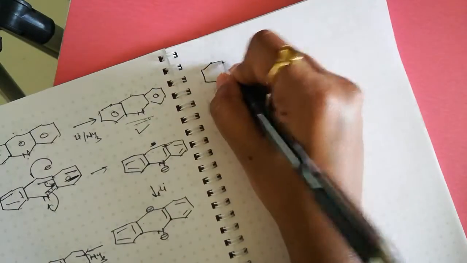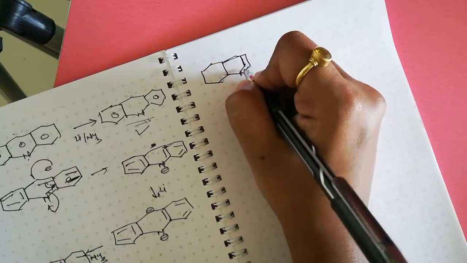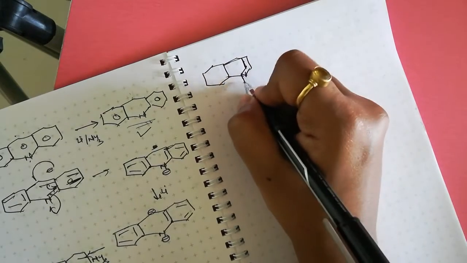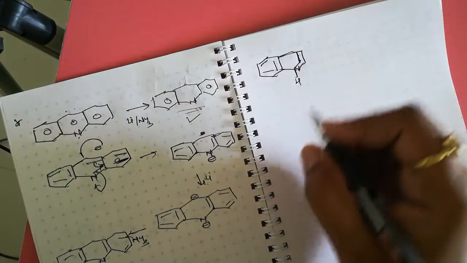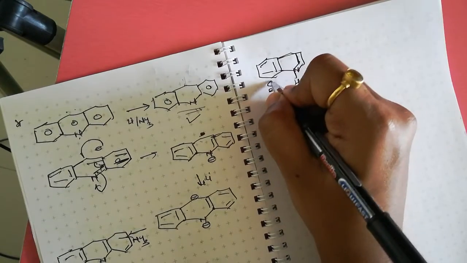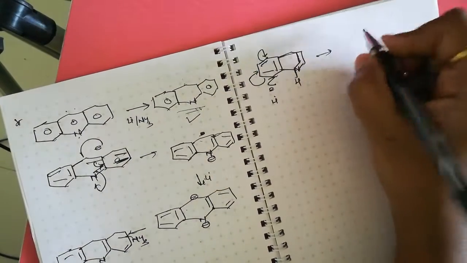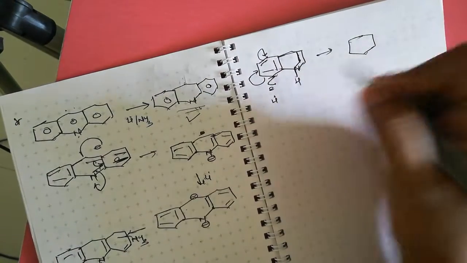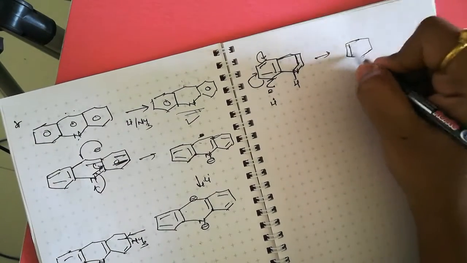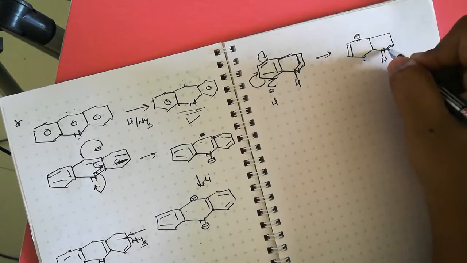The mechanism for this is, here is the nitrogen, here NH, here NH, here double bond, here the electron transfers to this carbon, electron from lithium, this bond shifts here, and here negative charge is formed. The more electron density is in the second ring, therefore the electron transfers to the first ring and we get here negative charge, here electron, here NH.